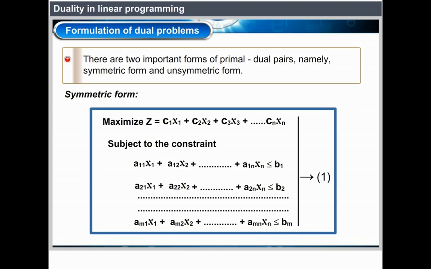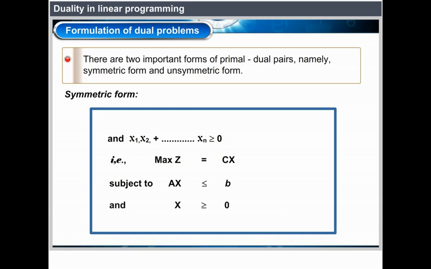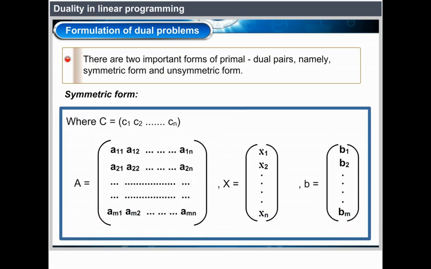These constraints are called equation number 1, and x1, x2, etc. xn greater than or equal to 0, that is, maximize Z equal to Cx subject to Ax less than or equal to B and x greater than or equal to 0, where C equal to C1, C2, etc. Cn. Now we are separating our coefficients in equation 1 and the variables separately, and then the right hand